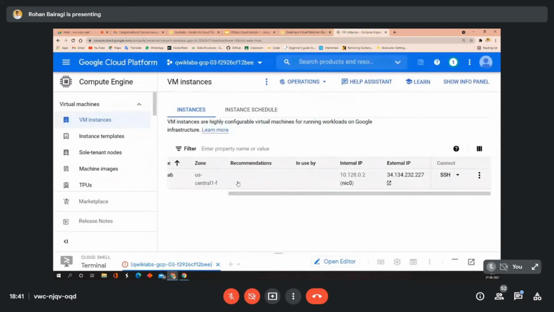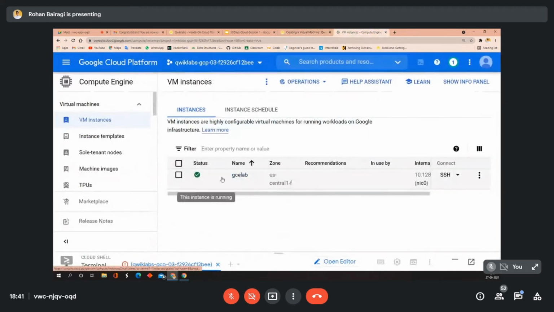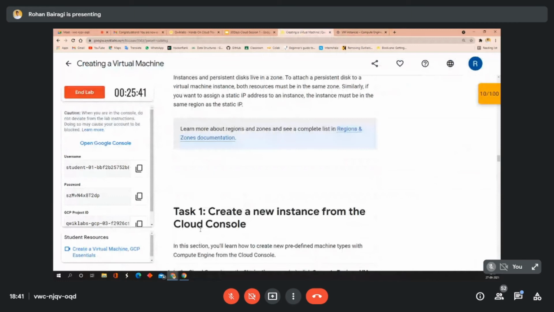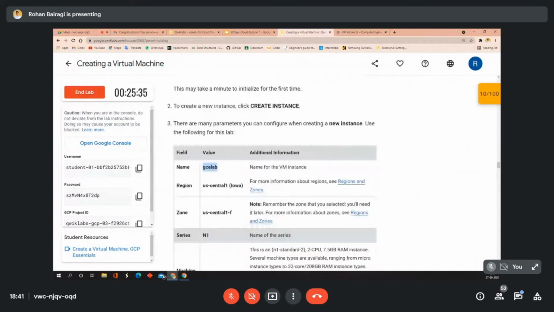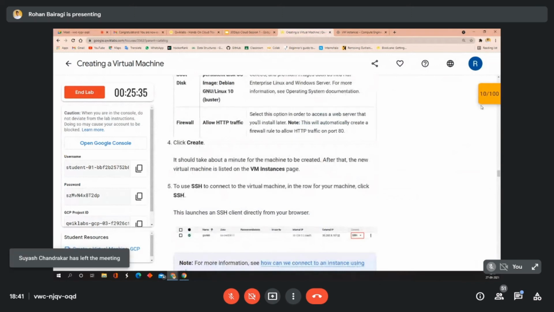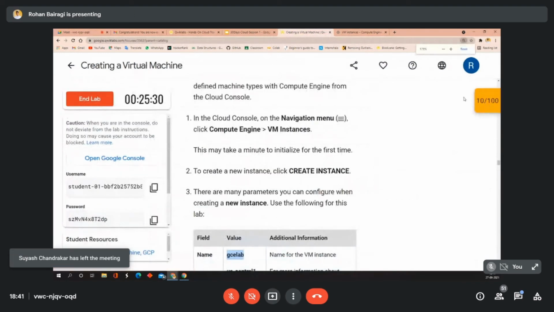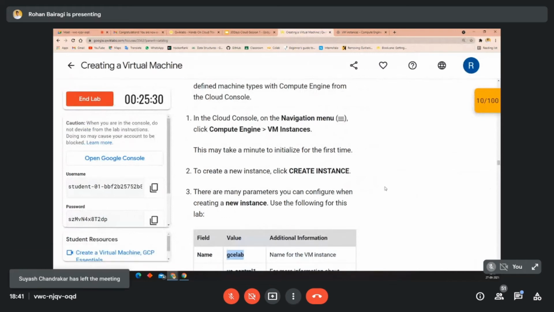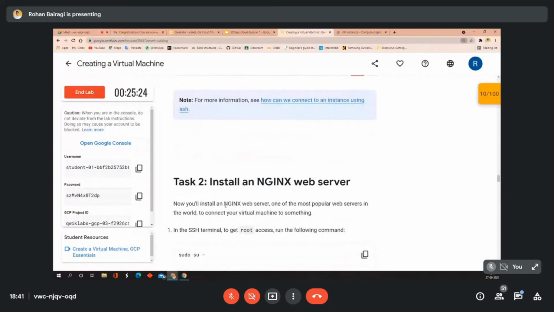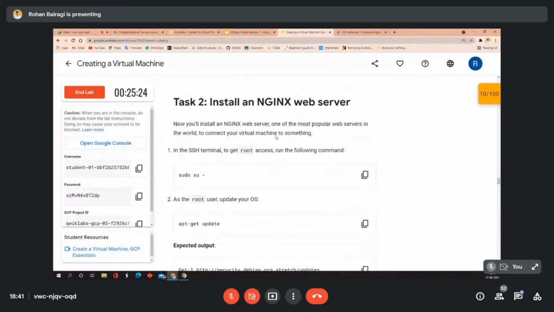As you can see, I have created my first VM instance, and that was my first task. See here, task 1, create a new instance from the Cloud Console. I have created my instance and I have got 10 marks. You can see on the right hand side, 10 marks, which means I have completed my first task. Similarly, we have about 2 to 3 tasks like install